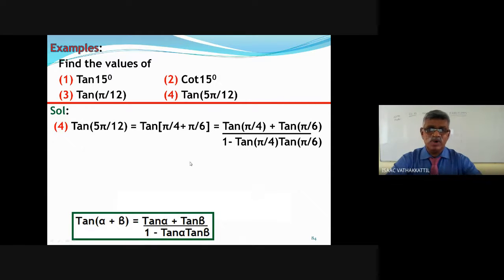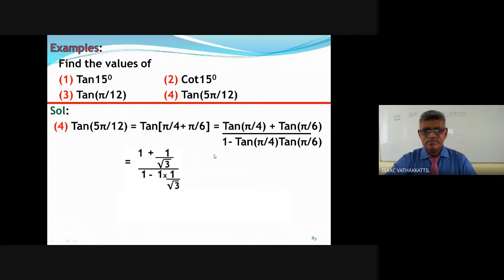Unit is for some quantity like this, the angle. 5 pi by 12 here is 5 pi by 12 radian, because 5 pi by 12 is supposed to be an angle by which it is rotated. So of course 5 pi by 12 is a real number, in the set of all real numbers. Only when it is degree we use the notation. Right? So in the final answer don't put radians or degrees. Whether you take degrees or radians, the final answer is the same.